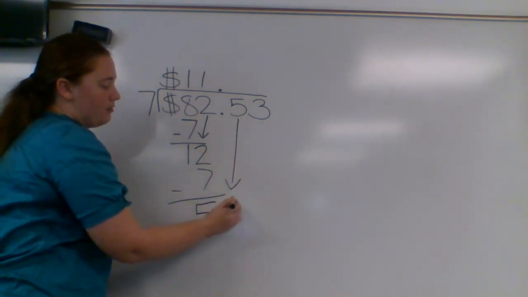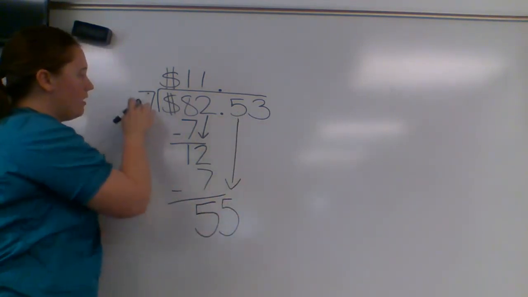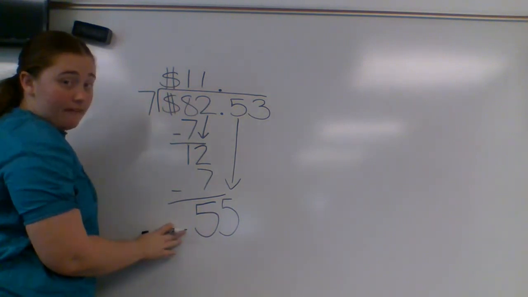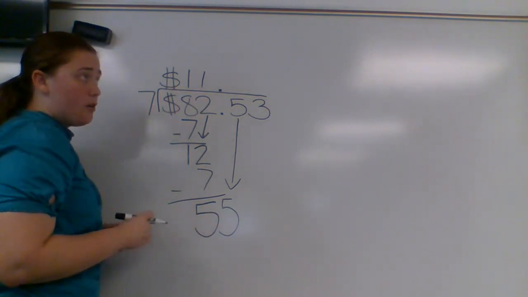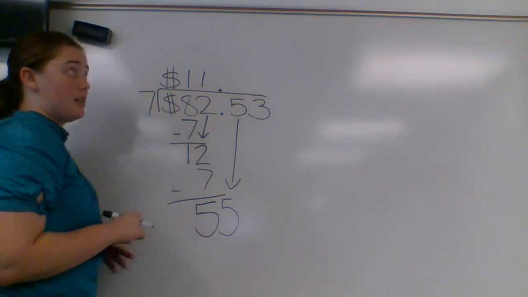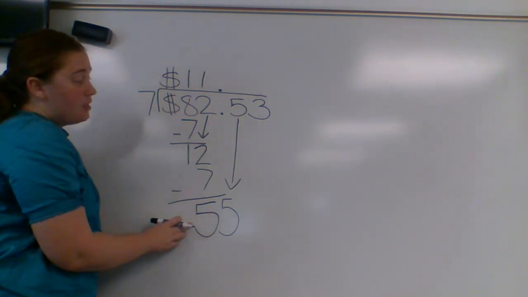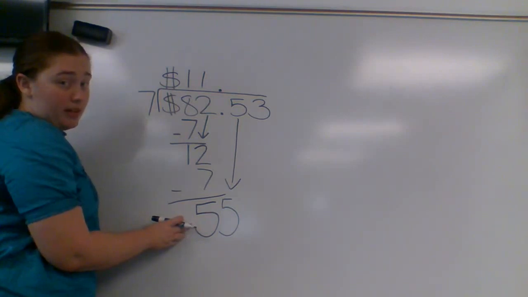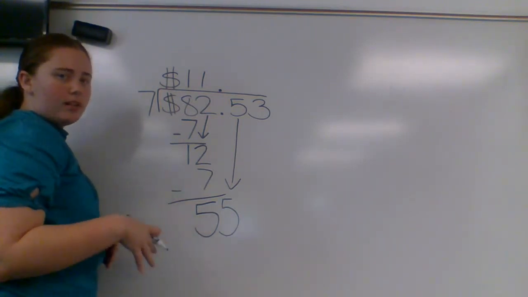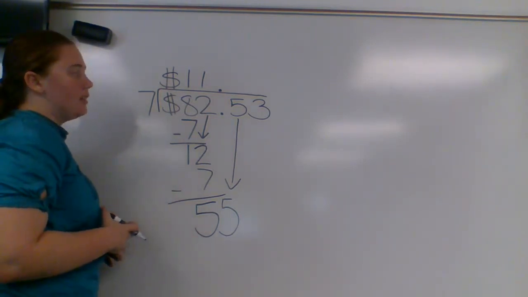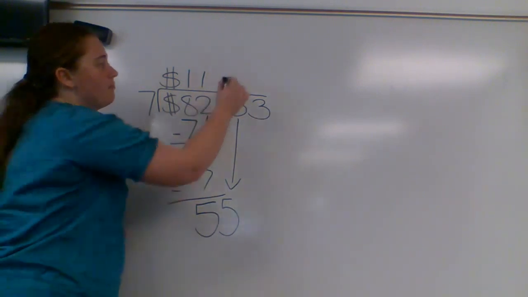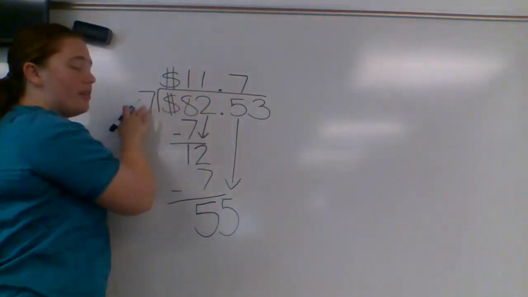5 gets carried down right here. 7 will go into 55 how many times? Well, I know from my last problem, 7 times 8 is 56. And that would be too big for this. So 8's going to be too big. If 8's too big, we're going to go one number underneath that just to try it. Let's try 7. 7 times 7 is